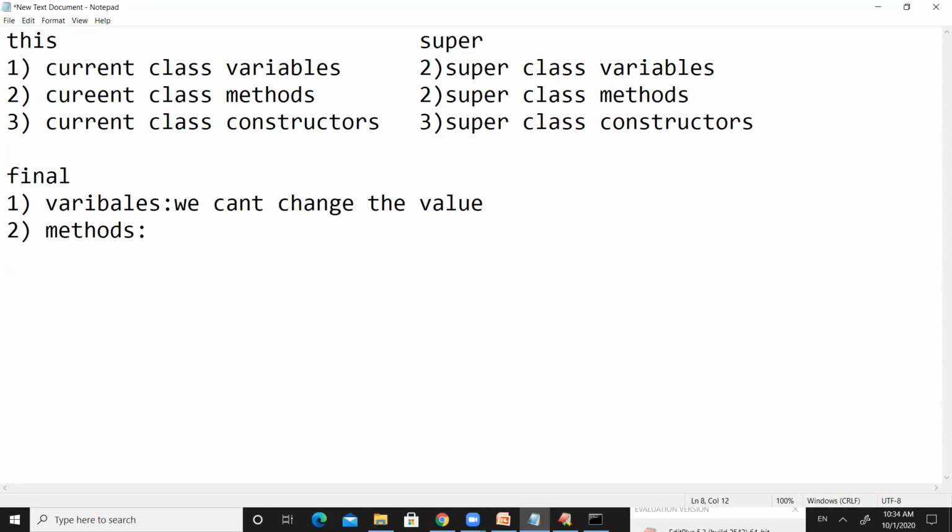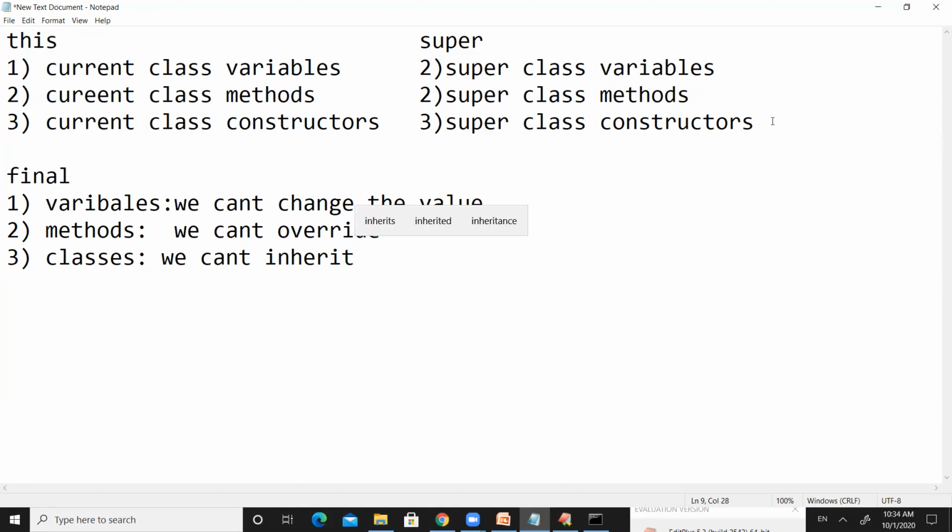If we use final with methods, we cannot override them. And we can use the final keyword along with classes. If we use final with classes, we cannot inherit.